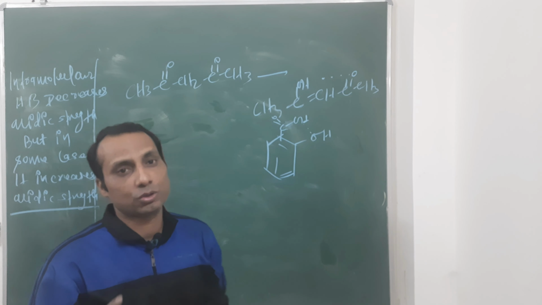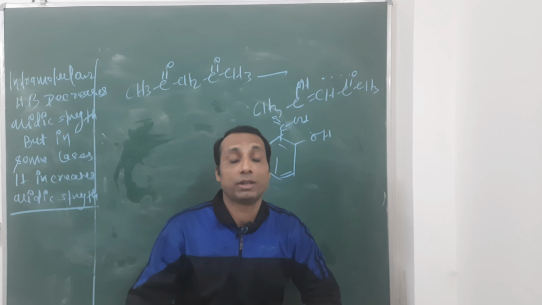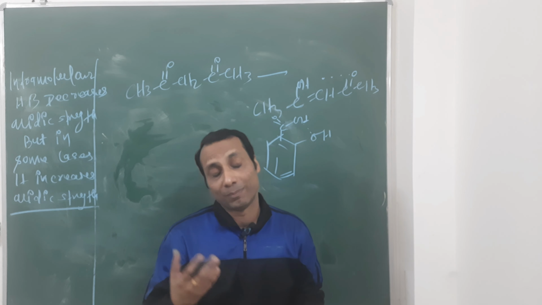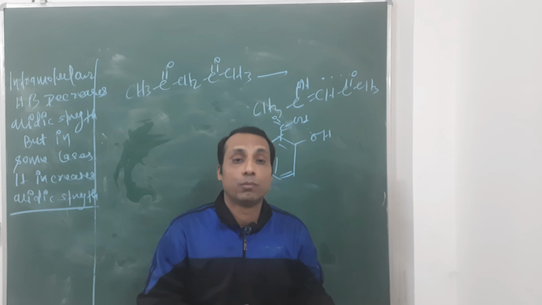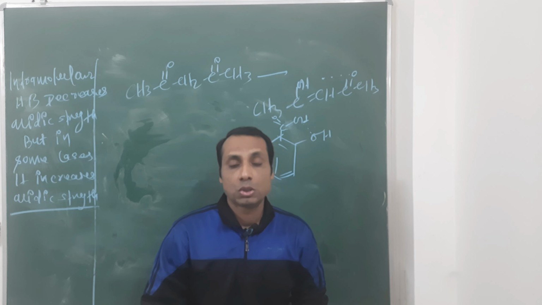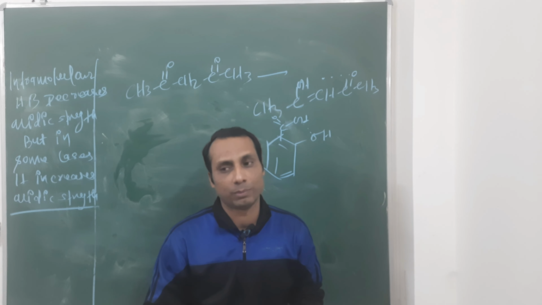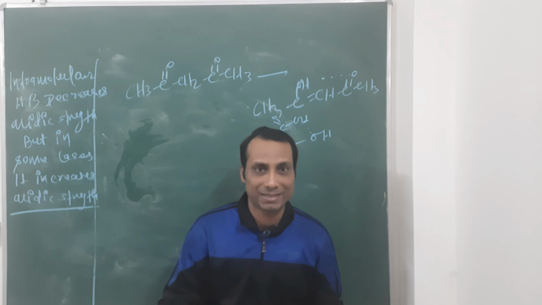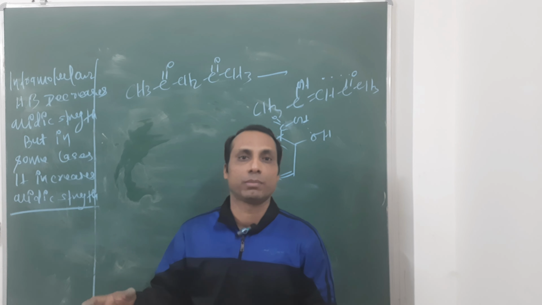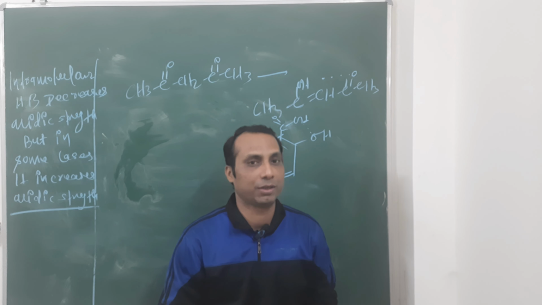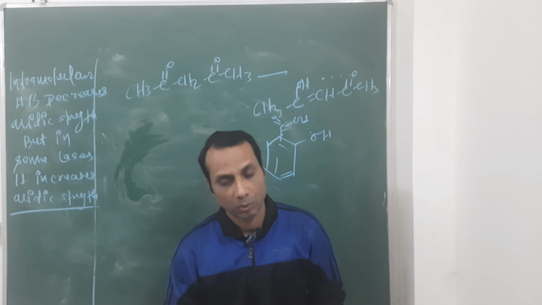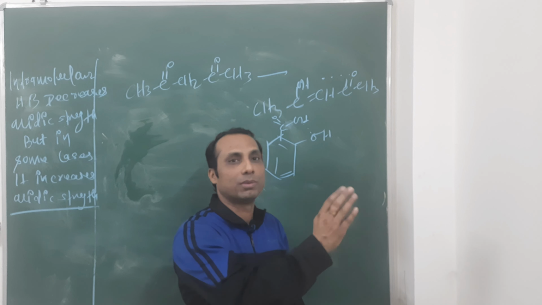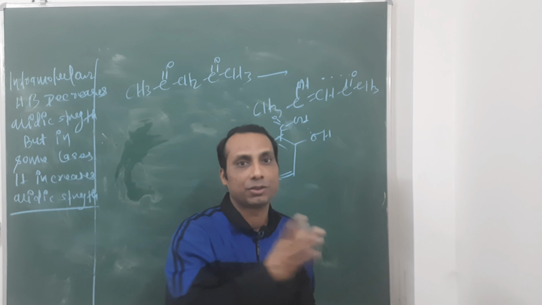So those compounds which, due to intramolecular hydrogen bonding, form a chelate or ring, that compound will be more stable and more acidic. Correct? Even though urea also forms that intramolecular hydrogen bond, formic acid, acetic acid, this compound will form the strong acid because of intramolecular hydrogen bonding. Correct? Okay. One more example I am telling you, the cis isomer is more acidic than the trans isomer